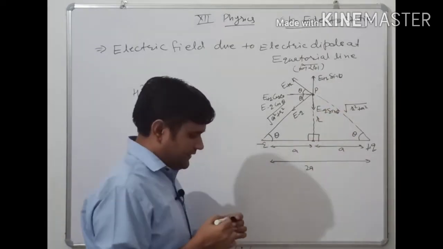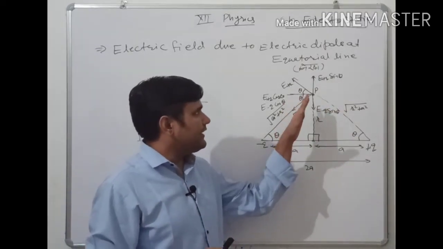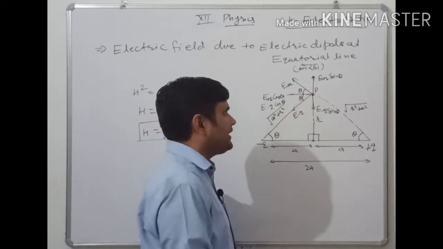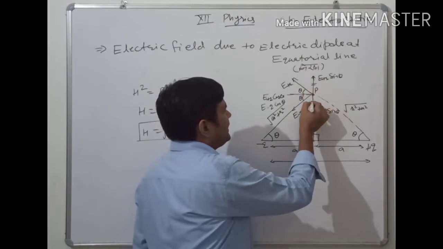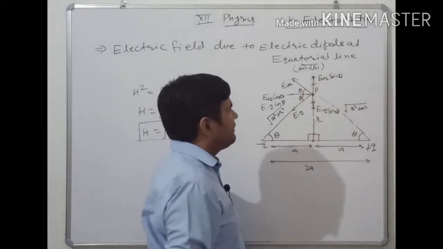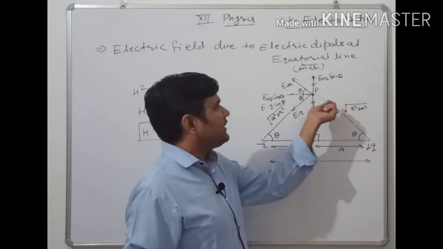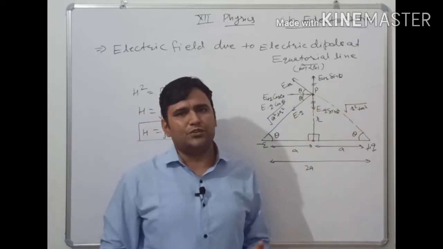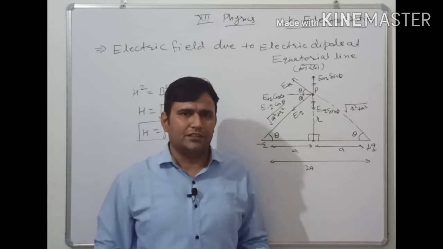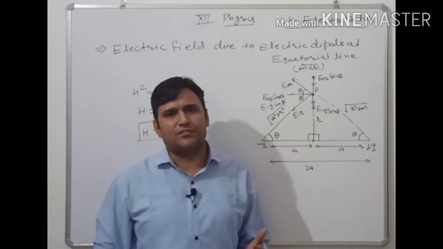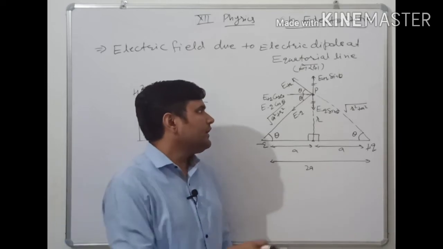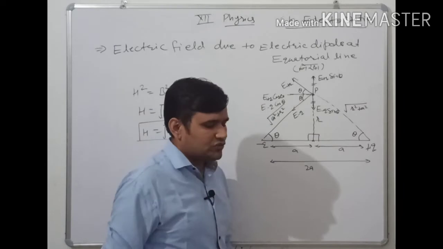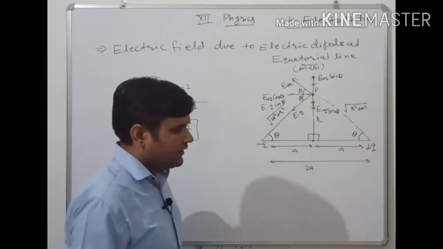Okay, now observing this entire arrangement, this figure, जैसे आप इसको ऑब्जर्व करेंगे, you get E plus q sin theta and E minus q sin theta. They cancel out the effect of each other because they are equal in magnitude but opposite in nature. That's why they cancel out the effect of each other. Okay, it means the important thing here is that we consider the formulations E plus q and E minus q in terms of cos theta.